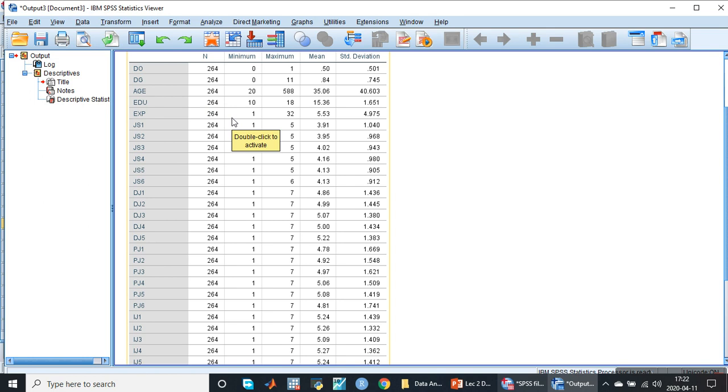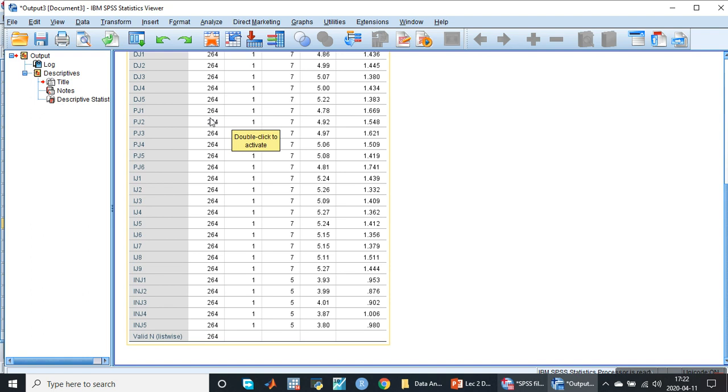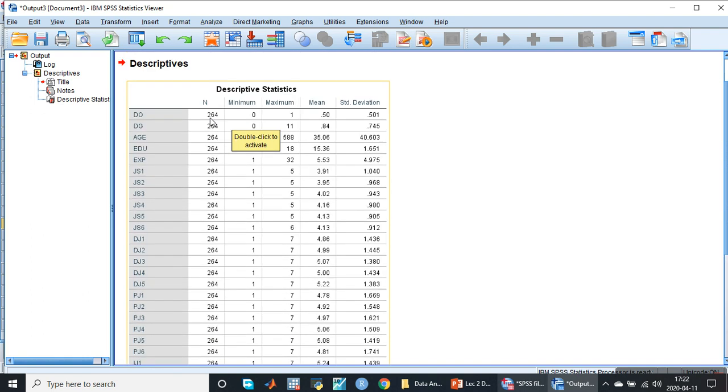Descriptive statistics provide the information of the mean value, maximum value, minimum value, and the number of cases. Here we have 246 observations. We have collected data from 246 individuals, from 246 employees. Minimum here